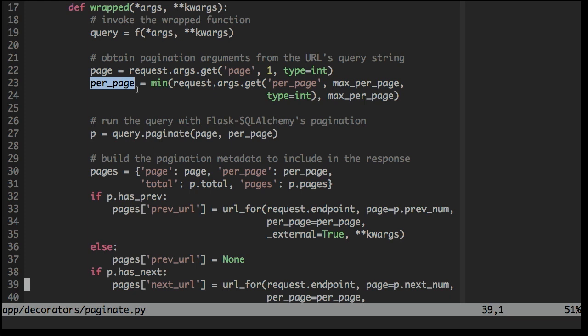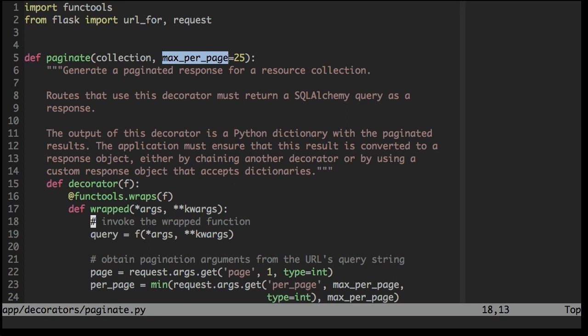The next one is how many items per page we want. And here we are going to apply a little bit of logic. So as you saw above, we have a maximum per page. So this is the maximum that the server will provide. We will never return more than 25 per page by default, or whatever the route specifies in the decorator. But the client may want less than that. Maybe the client is a very limited platform and it wants to see, say, 5. So we are going to give the option to the client to specify how many it wants, and it will be capped at the maximum that we